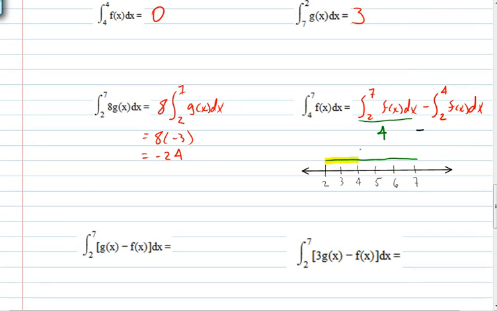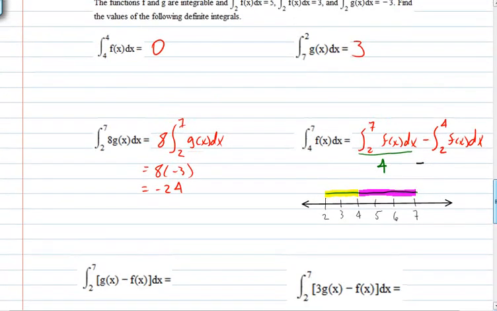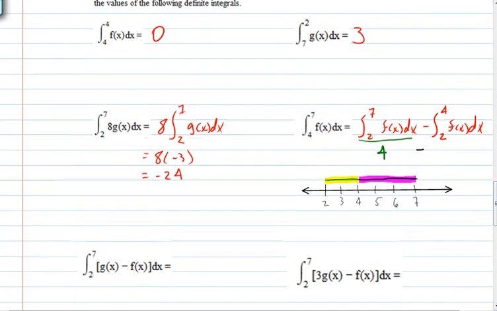I'm left with the area from 4 to 7. So when I take away that area from 2 to 4, we were told that that was 5,